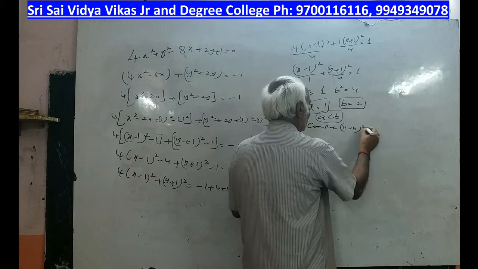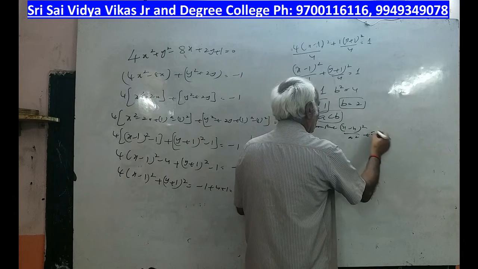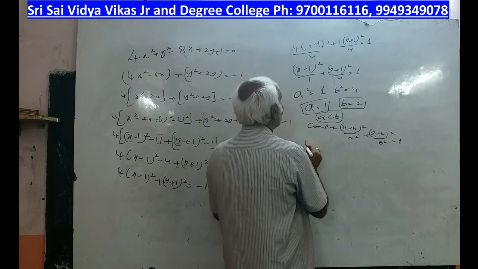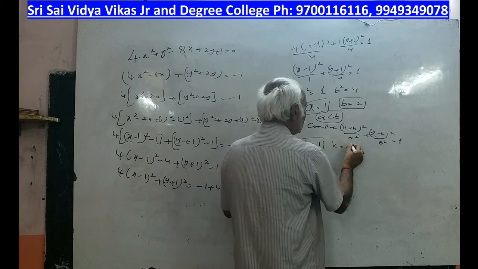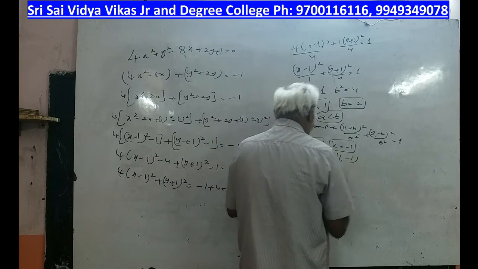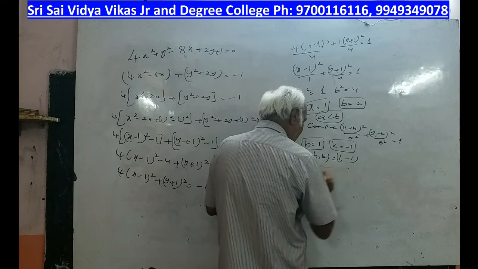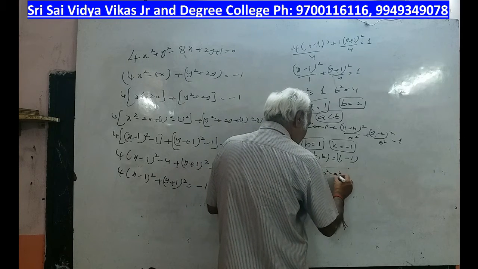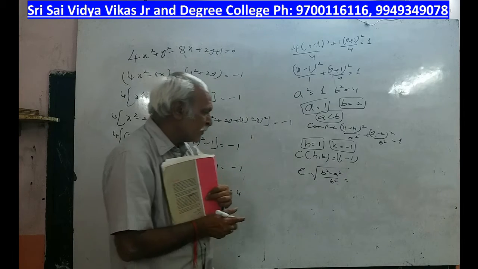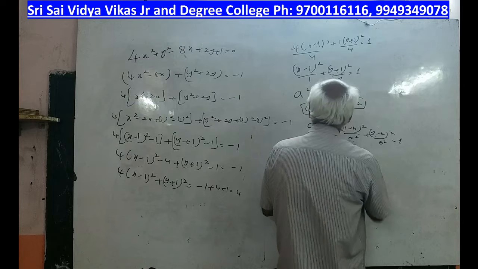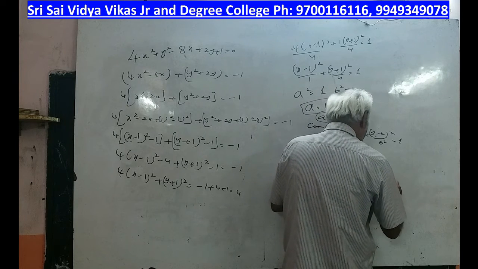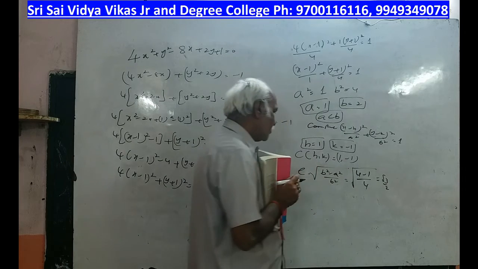with (x − h)²/a² + (y − k)²/b² is equal to 1. So already we got a value. What is h value? 1. What is the k value? −1. What is the center? (h, k) = (1, −1). And first you have to find e value. Now look at here, (b² − a²)/b². What is the formula? Every time we are taking a² − b², here b² − a² by b². So b² is what, sir? (4 − 1)/4, which is √3/2. Right? Now we got e value.